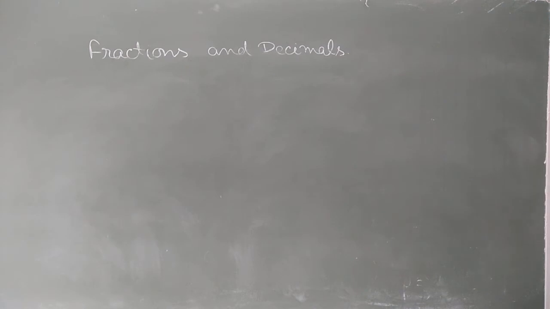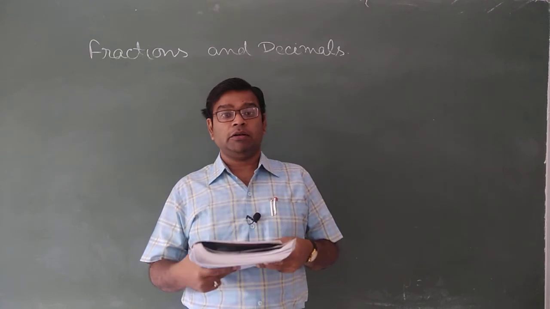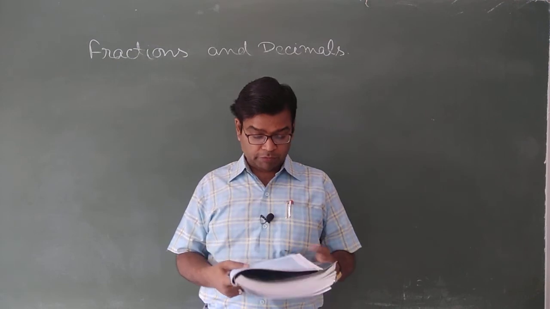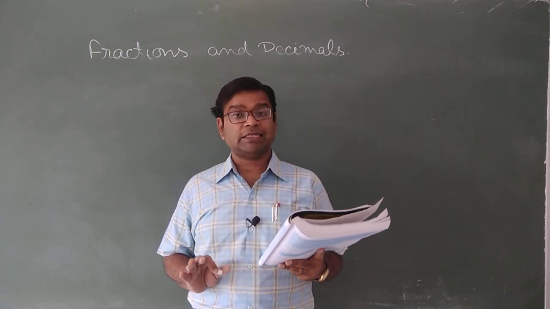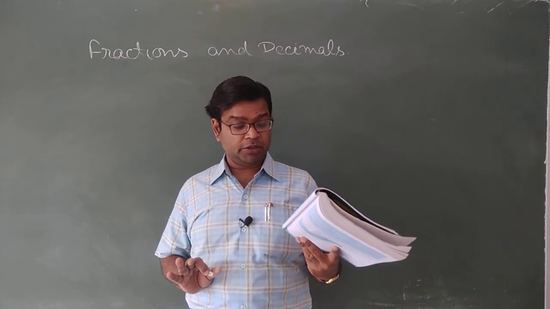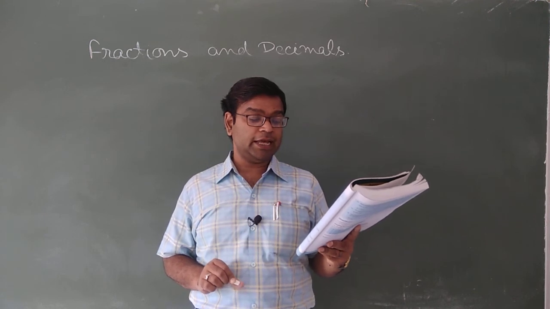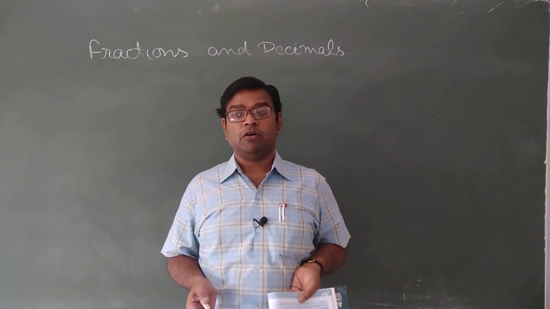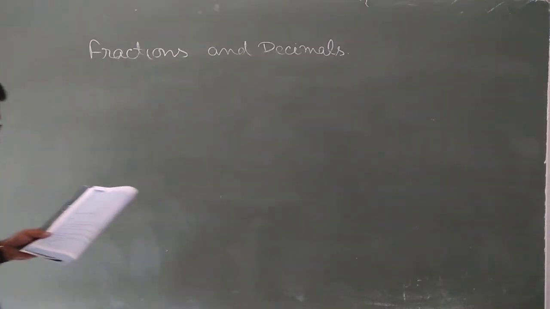Now we are going to solve some word problems. Word problems are especially based on your common sense and how clear your concept is. So let's start. First question. Kiran needed 3 pieces of red wool for a sock that she was knitting. Each piece had to be 5 upon 6 meter. If she bought 4 whole 3 upon 4 meter full, how much wool did she have left over? So there are various complex numbers, complex fractions and other fractions. So let's start.